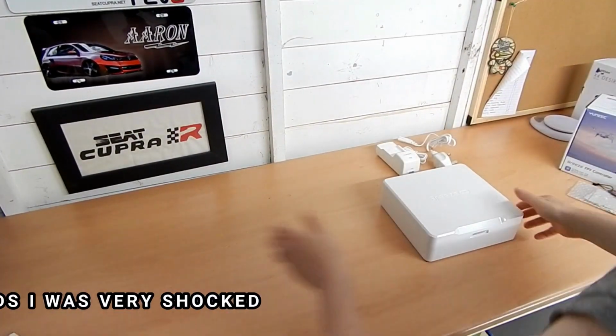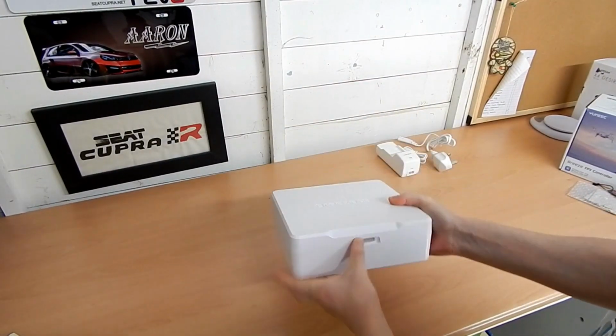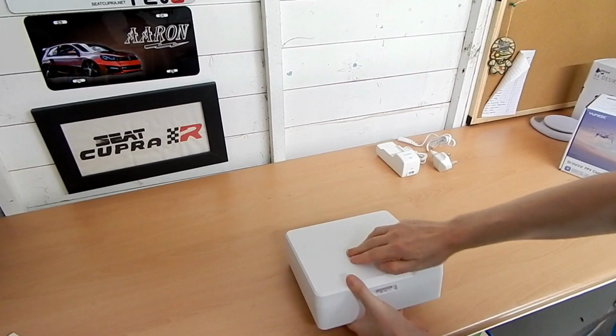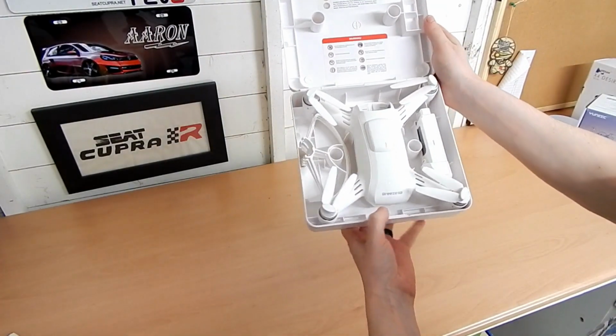Okay, now the actual drone itself, so let's get it out of this case. You have to press this button in. Now this button is quite tight and fiddly to do, but once it opens up, there you go, there's the